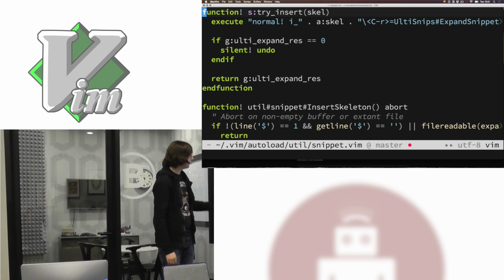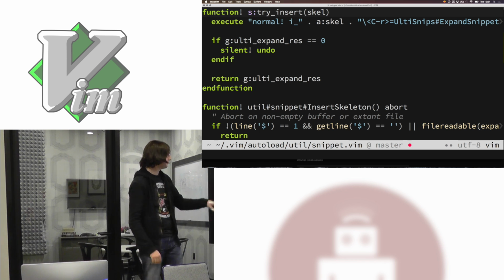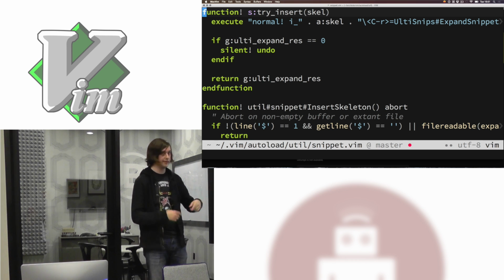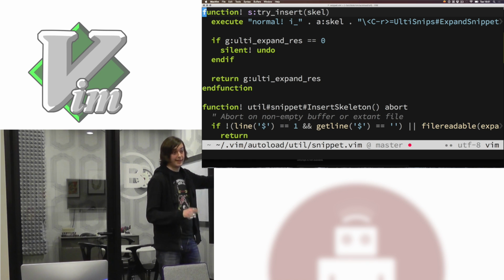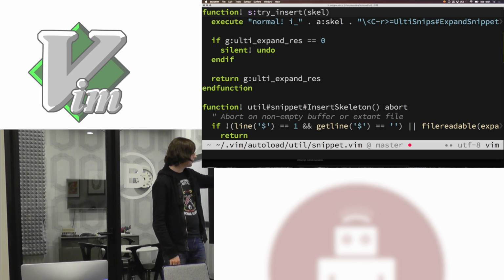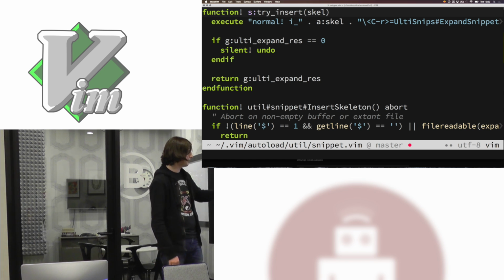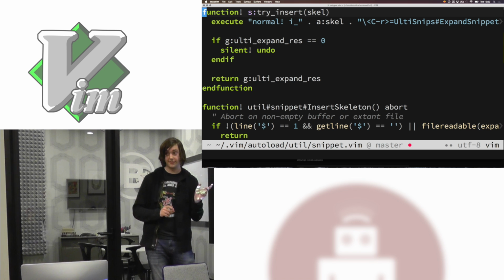The normal command does the following thing in normal mode. Bang prevents mappings from getting resolved. So what we're doing is we're hitting the I key essentially, and thus entering insert mode. We're typing an underscore followed by the template name we want. It's hard-coded to skell below for skeleton, which is the UltiSnips trigger for the snippet